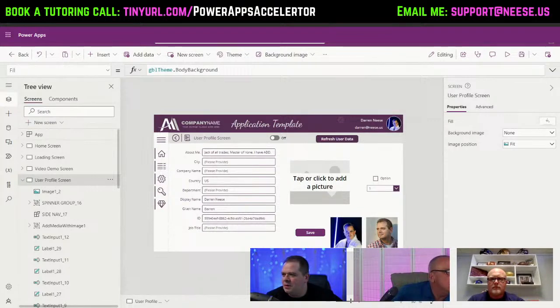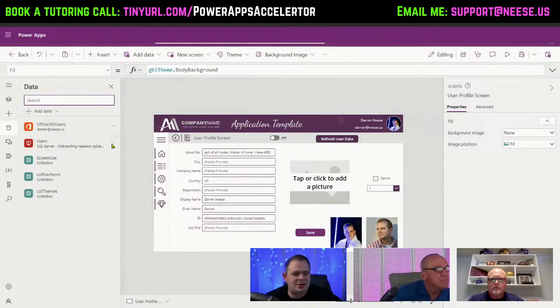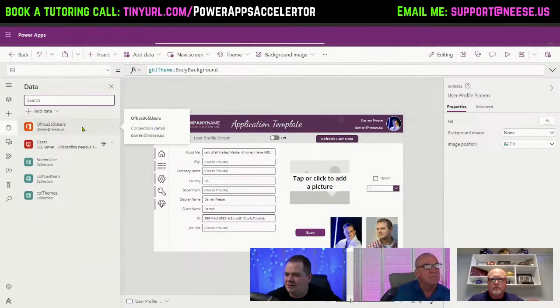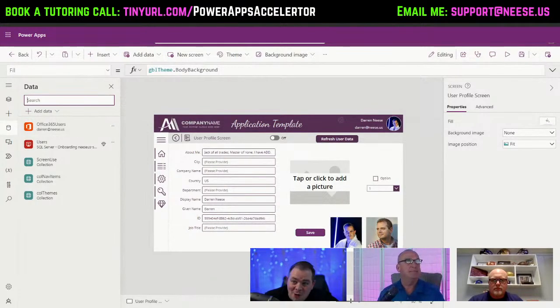And so far what we've done is we have tied into this connector, the Office 365 users. We've pulled in all that information, put it into a global variable. And if they're new, we shoot them off to the screen. So we created the screen, the beginning of the screen. I mean, we have a lot more polishing to do on this screen. People can update information about themselves, upload photos. You've learned about Delve,